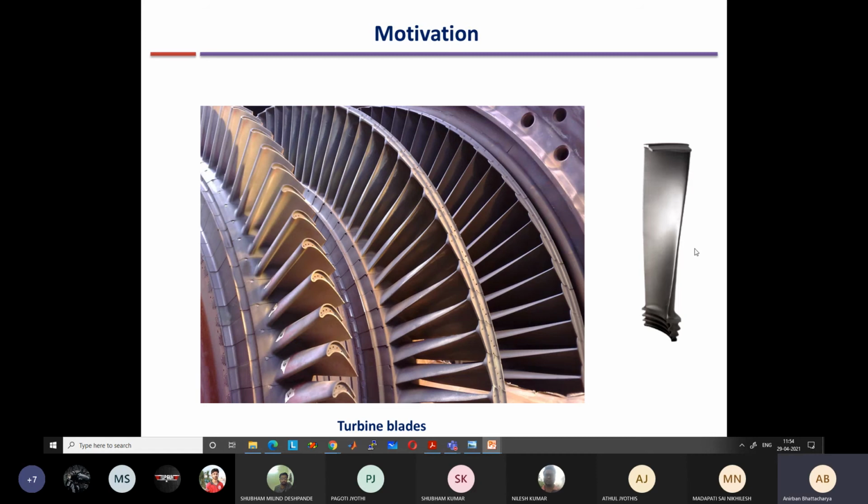Nowadays these are made of super alloys, but when they were initially made, they were just cast. Initially means I am talking about the 1950s. They were just cast using investment casting. So you had a mold prepared using ceramic, and you poured liquid alloy, liquid nickel or liquid steel, and the solid blade was obtained in the desired shape. You can see the slide, right?